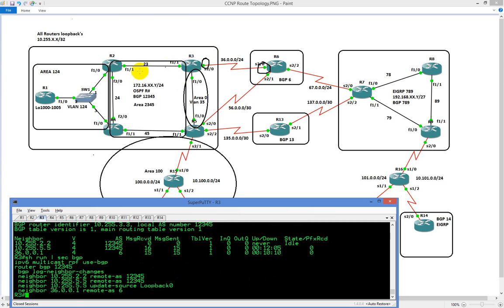So what's actually happening is if we were to do a debug IP packet, you would see the traffic is being sourced out the fast1/1 interface, which is coming from the 172.16.23 network. Now I'm trying to source out the loopback. Now if I were to go to router 2